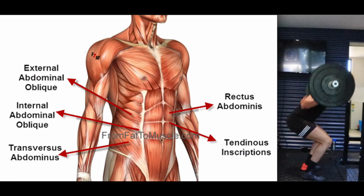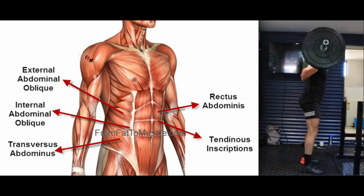We see an increase in voluntary contraction of the rectus abdominis with the belt. We also see a decrease in voluntary contraction of the external obliques compared to without the weight belt. Greater external oblique activity without the belt is needed to enhance trunk stabilization,